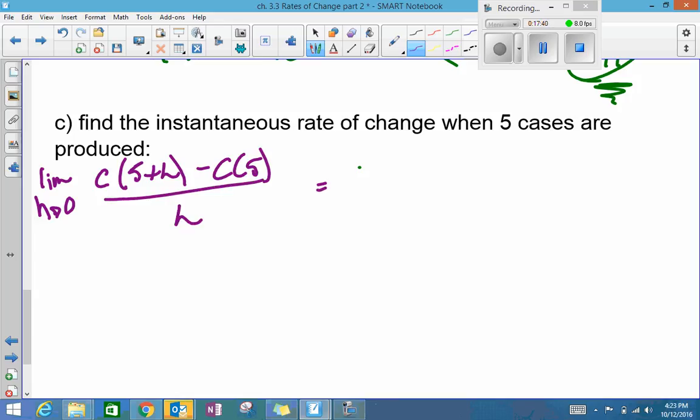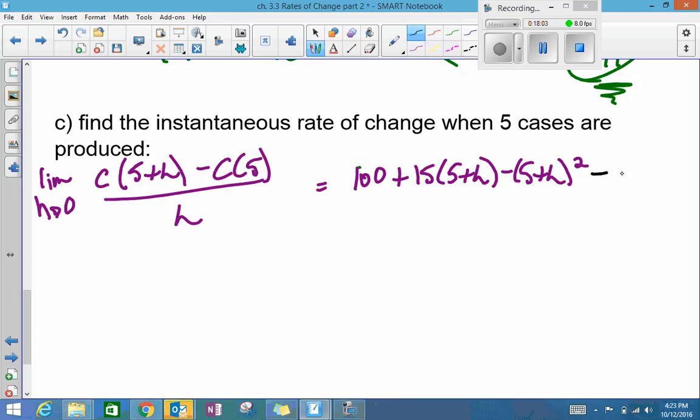So c of 5 plus h is going to be 100 plus 15 times 5 plus h, minus 5 plus h squared,